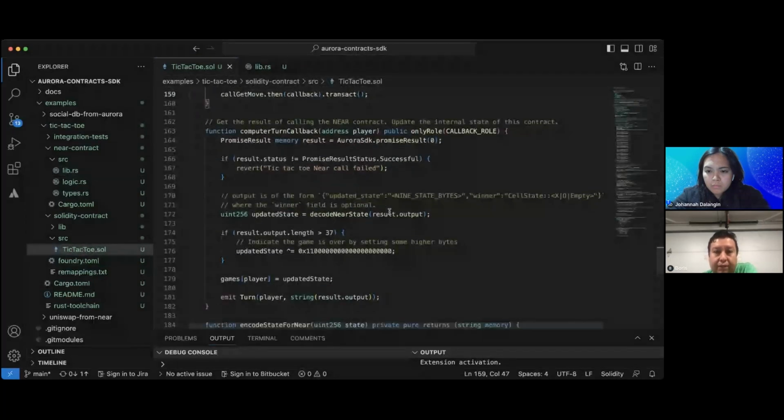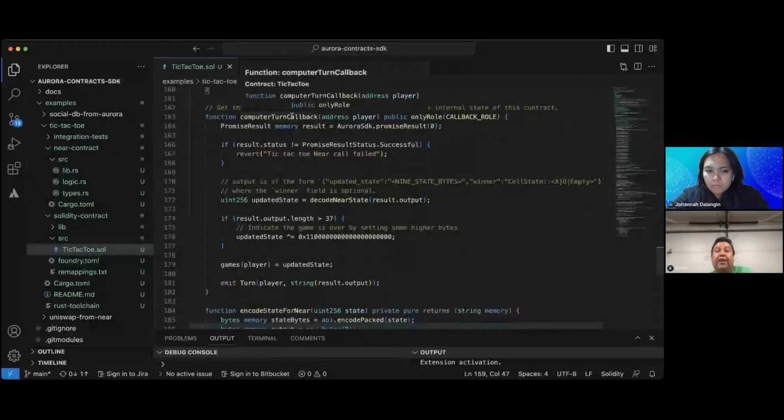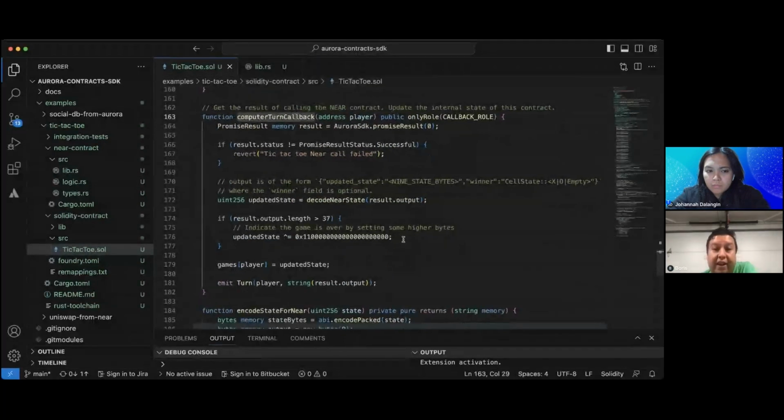in the callback. This is completely managed by the SDK. You basically just need to create a promise result with the index of the result, the identifier of the result, and then it will give you a result. This is a Solidity contract. It will wait for the response.